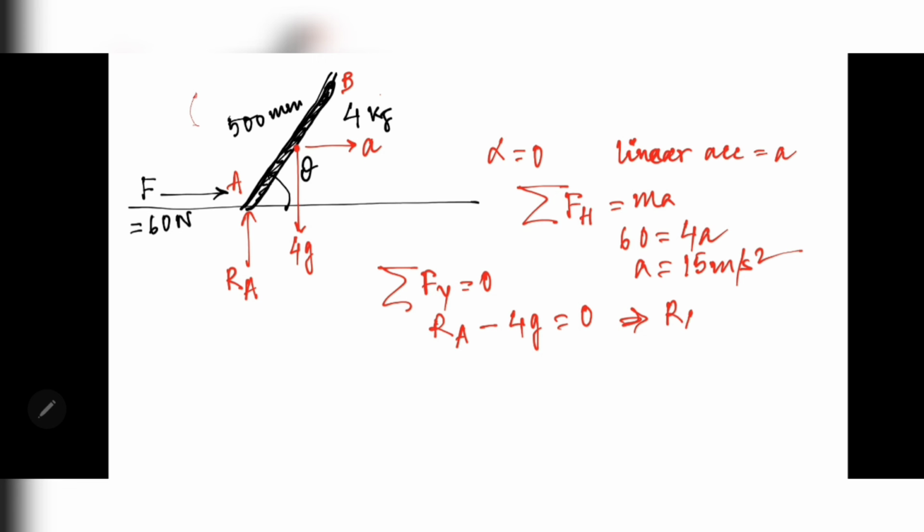So RA equals 4 into 9.8. That means 39.2 Newton. Now, taking the moment about this point G, we get 60 into